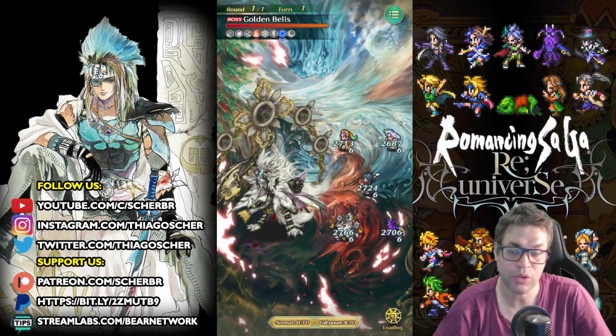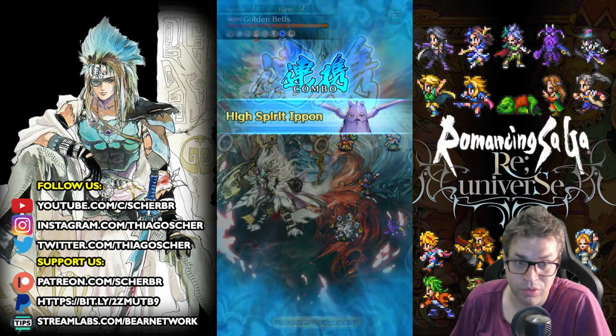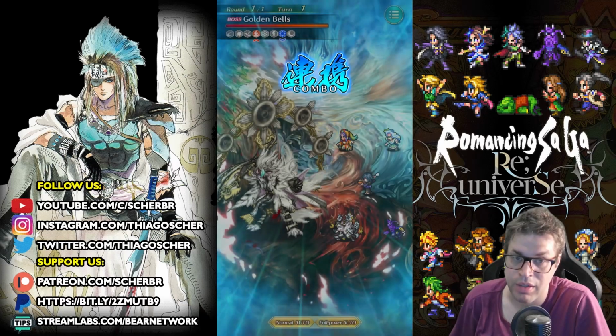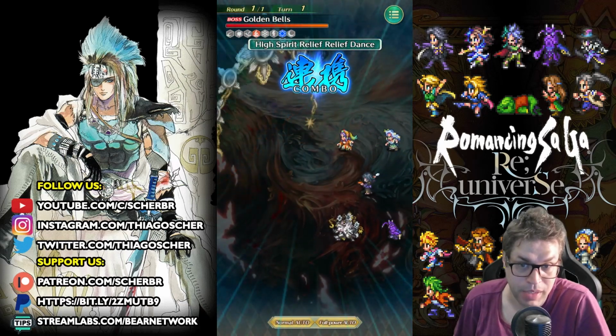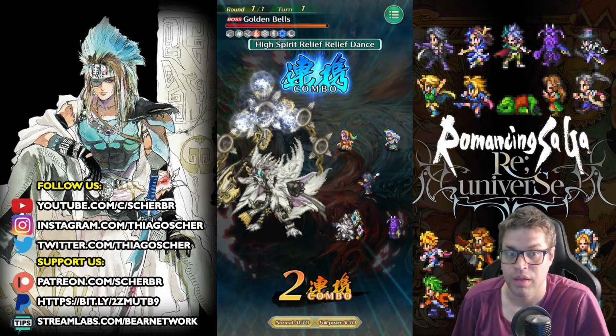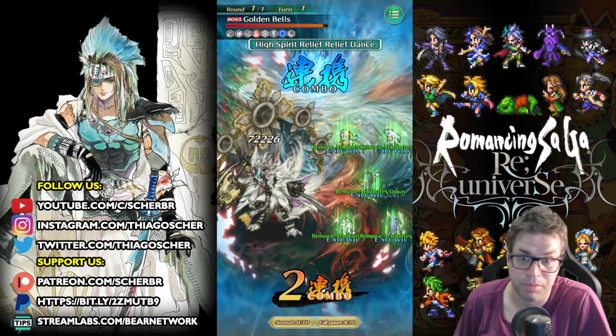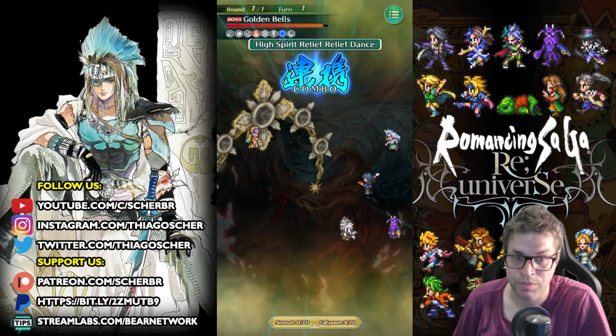So, Golden Bells will also remove your buffs on turn 3 and 6, probably 9 as well, but I will not leave it to survive to that turn. So, you have to remember that. You can evade if you use Maria Light Up the Sun. And since I don't have a buff remover, with, I don't know, Esper Gal Halloween style being the best one,